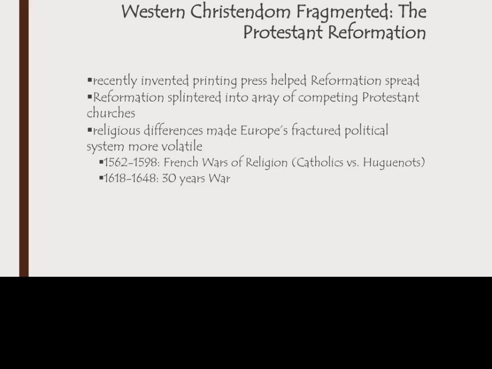Intense popular religious disputes led to cases of popular unrest and mob violence in France and Germany. Many political actors, kings, and other nobility found common cause with Luther's theological revolt against Rome. And as religious, political, and economic tensions became intertwined, peasant revolts broke out in the German lands in the 1520s, and Catholic and Huguenot violence tore France apart from 1562 to 1598. And finally, the 30 Years' War pitted the Roman Catholic Church and the Holy Roman Empire against Protestant kings and princes throughout Europe who sought independence from Rome